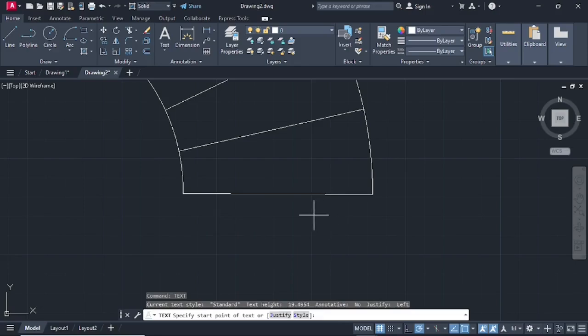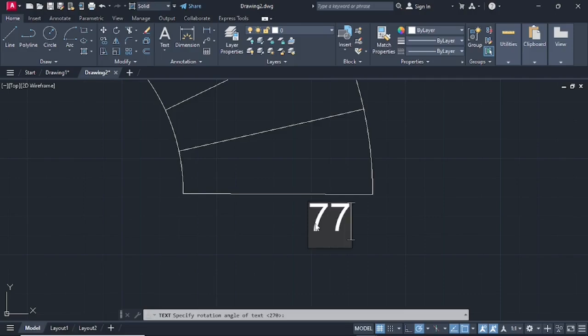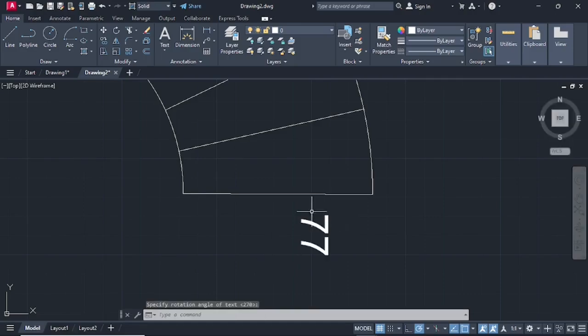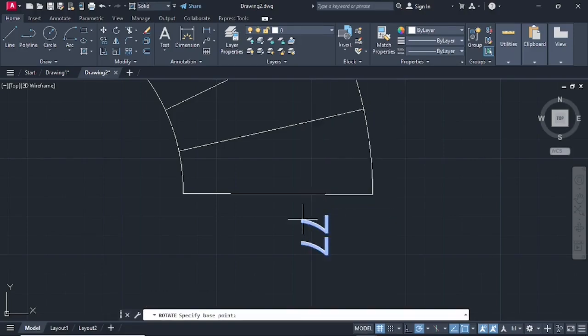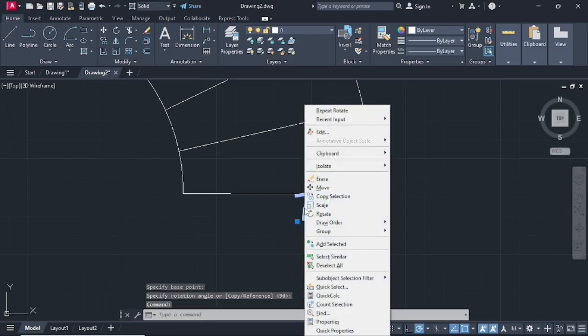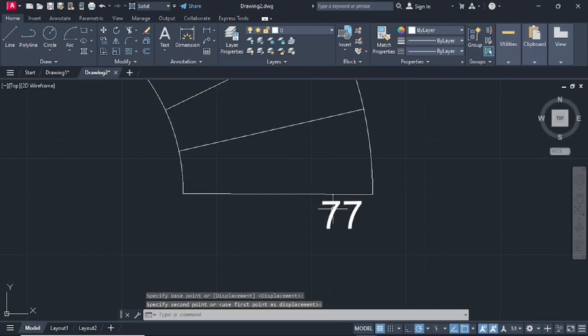enter, then we're going to make the text here like that, and we're going to write a figure, let's say 77. Then let's rotate our 77, rotate, rotate, okay, like that, good enough. Then move it there,